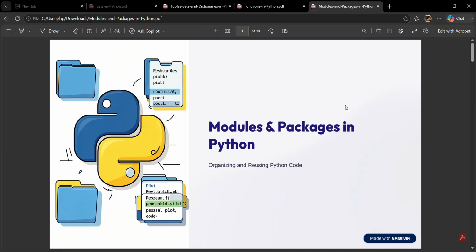In the previous video, we learned about functions and saw how they help us write reusable and organized code. Today we are going to learn about modules and packages. As programs become larger, writing all the code in a single file becomes difficult to manage. Python solved this problem by allowing us to divide our code into multiple files called modules and organize related modules